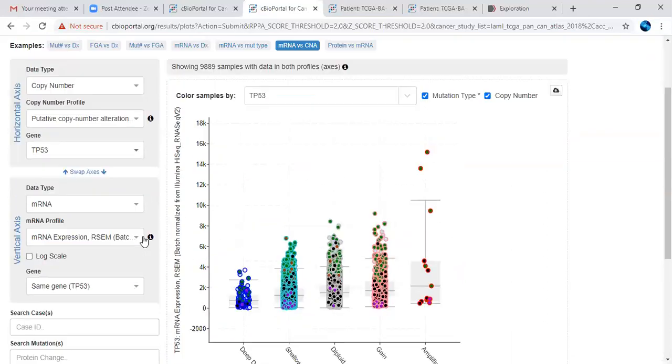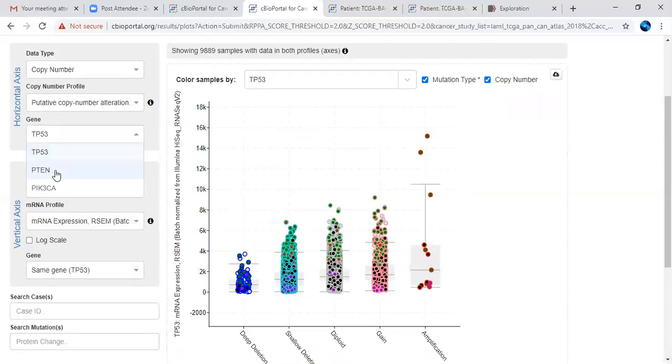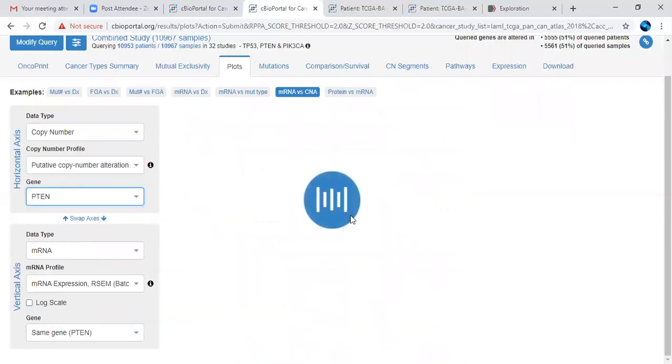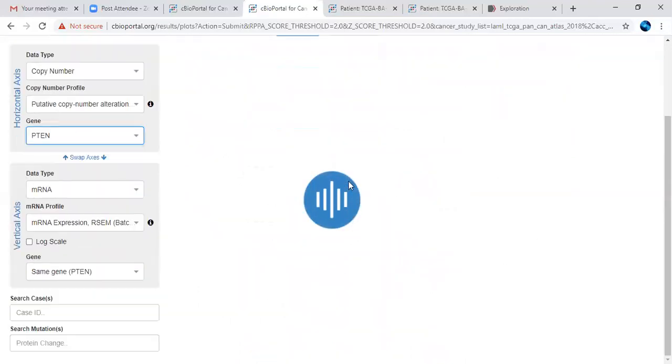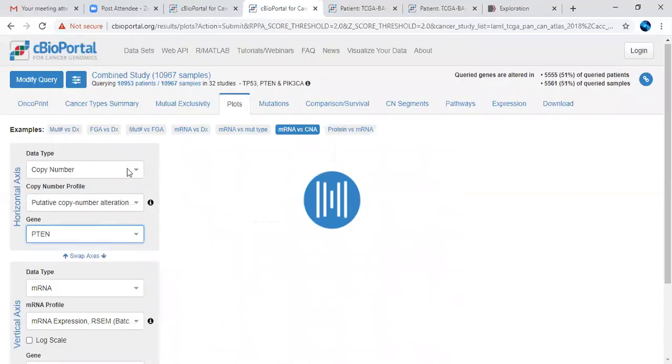And here if you want to change the particular gene, if you want the PTEN gene, so likewise the data will be changed again, and the plot will be generated based on your search option. Now I'm going to show you what mutations it has been talking about.